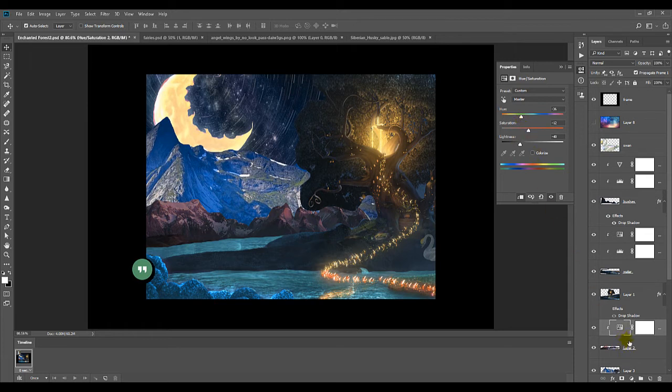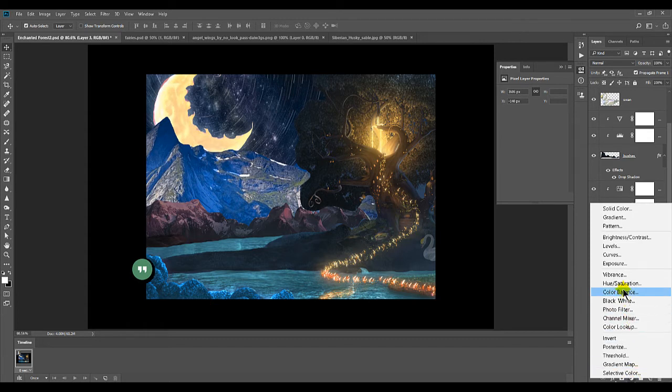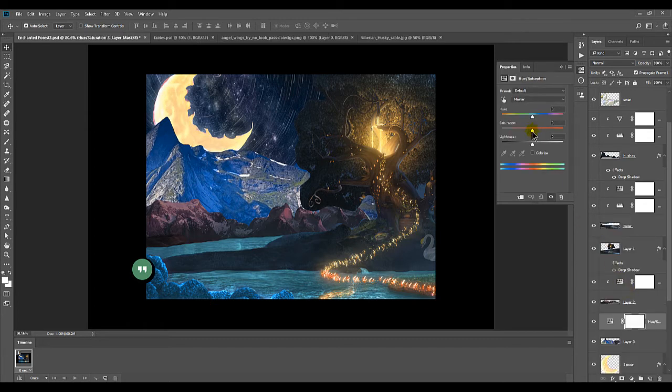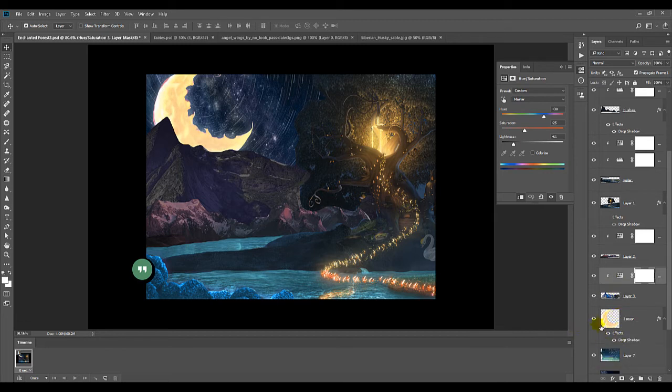Okay, so next I want to do something with these hills back here, and the mountains, that is. So I'm also going to add an adjustment layer, and that's going to be hue saturation, and I'm going to play with the saturation and the hue and the lightness, and I like that better. It's kind of going back more. And again, I'm going to click in the middle of the two layers to make it apply just the background. All right, so now we just have our moon, which is fine,